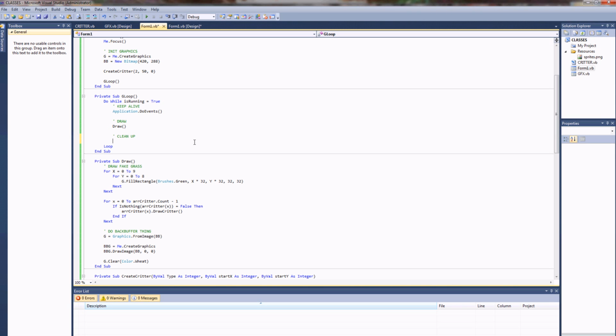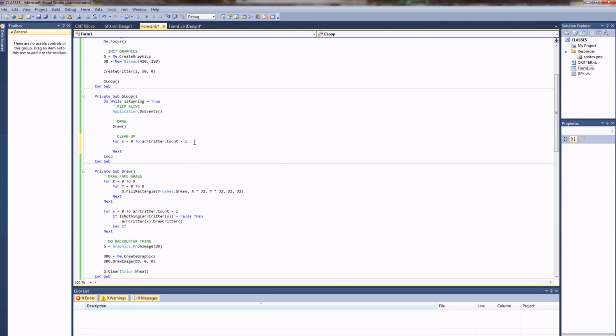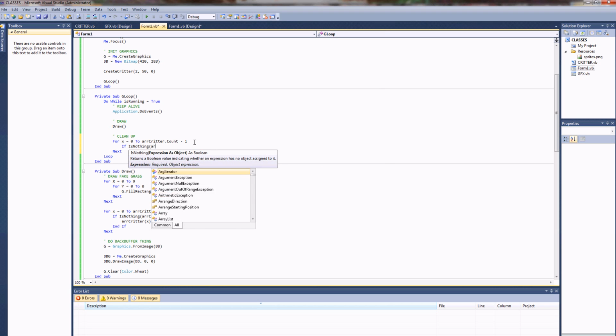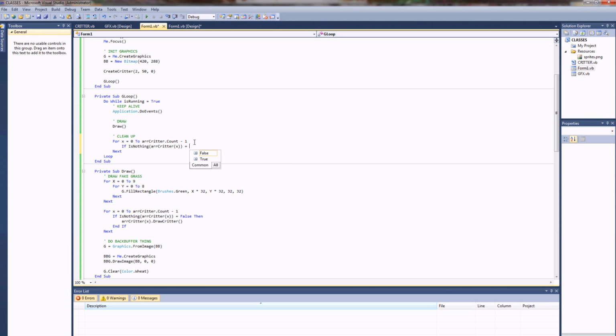And once again, we're going to loop through our critter array for x equals 0 to array critters dot count minus 1, and we'll look at all the values again that are not already empty. So we'll say if is nothing our critter at index x equals false, then